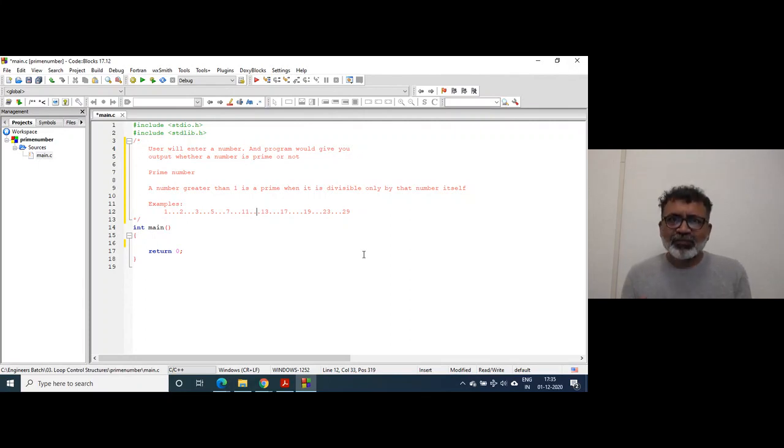But at least for a few numbers, like up to 100 or 200, we can tell. We also have some basic mathematics rules of whether a number is divisible by 3 or 5. In school days we learned which numbers are divisible by 5 and which by 3. So on that basis we can tell.